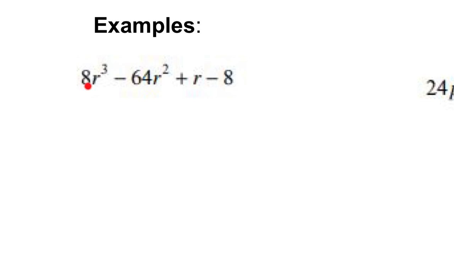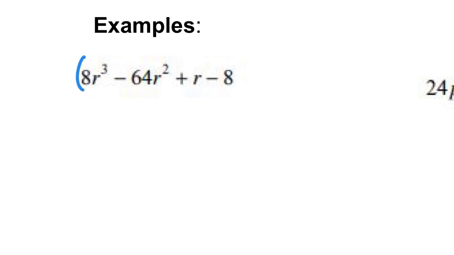Start by looking for a GCF in everything. 8, 64, 1, and 8. Remember I said if there's a factor of 1 or a term that's a 1, there's not going to be a numerical GCF because 1 would be the only factor, and factoring a 1 out doesn't help anything. So we don't have to worry about a number for the GCF. We look for variables. If they all have the same variable, we would have a variable GCF. Here we don't, though, because 8 doesn't have an r with it. So there's no GCF in the whole problem, which means I need to go immediately to grouping to find GCFs